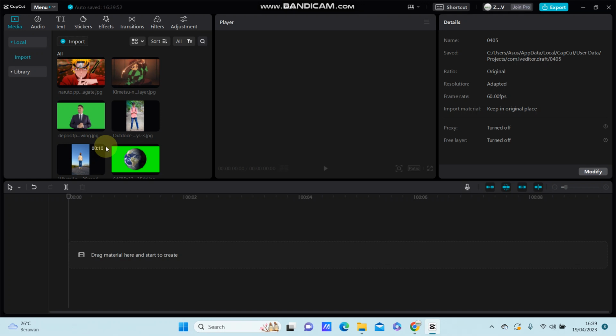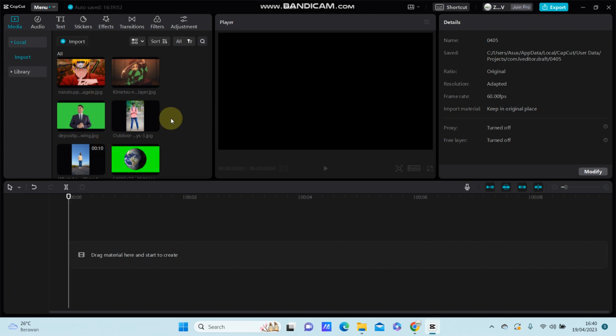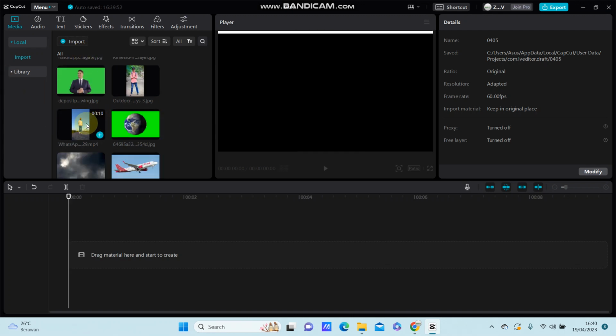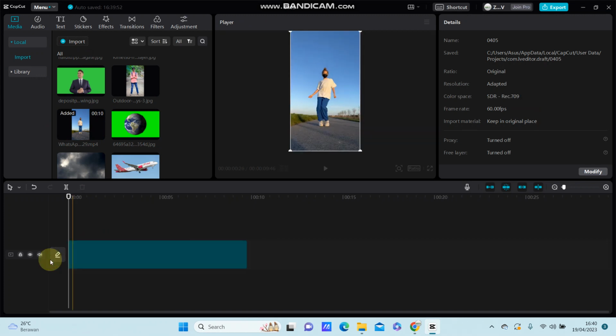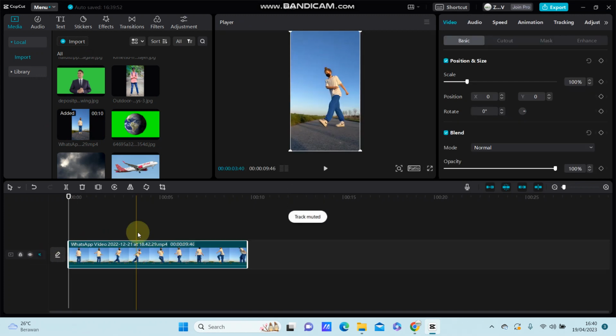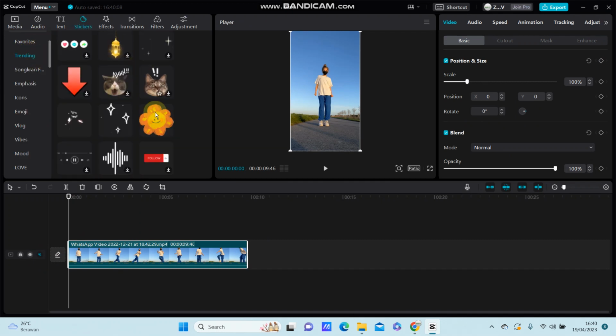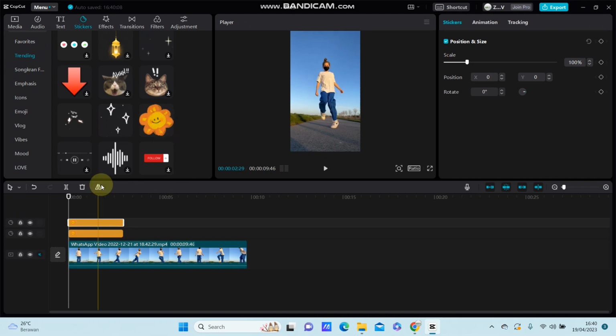Hello guys, in this video I'm going to show you how you can add stickers to your video in CapCut PC. So import your video and add to track. It's so super simple. If you want to add a sticker, just click sticker and select a sticker you like available here. For example,